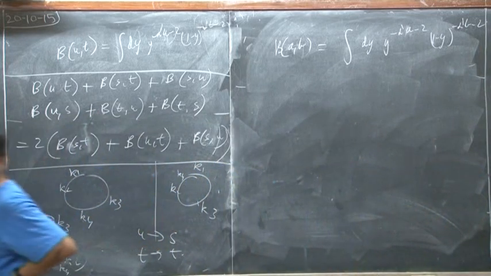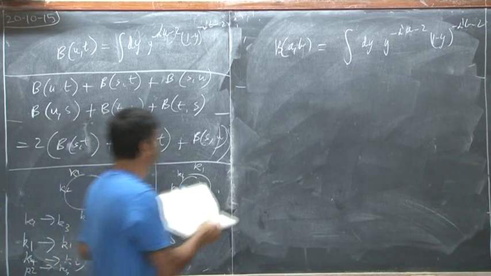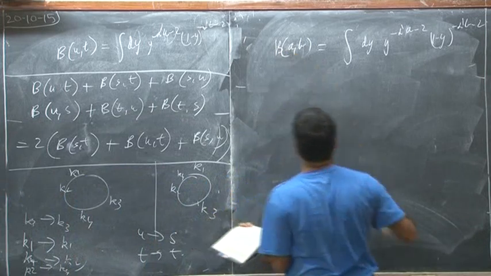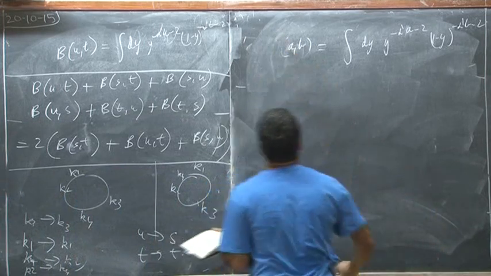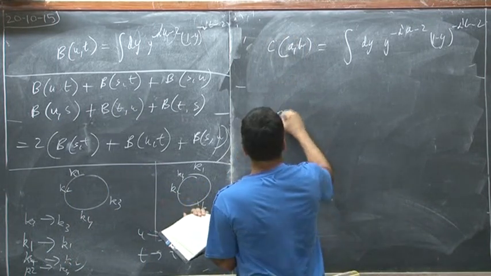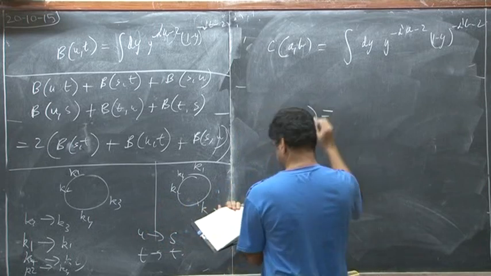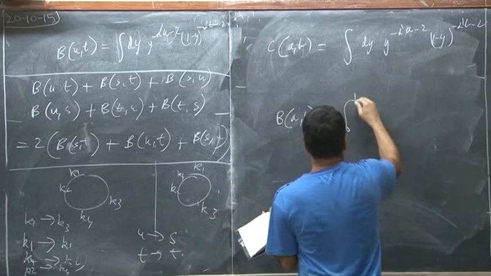Now, some of you know what this integral is, right? First, I'm going to remind you of the formula of the beta function. In fact, I should call this c because this b is the beta. So let's call this c. So b of a b is equal to the integral from 0 to 1 dy